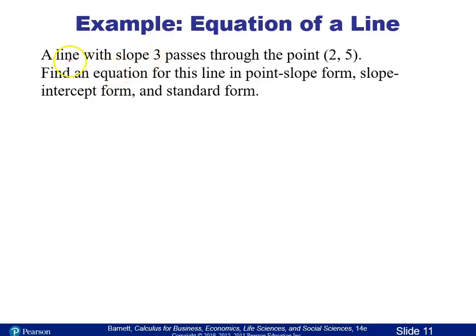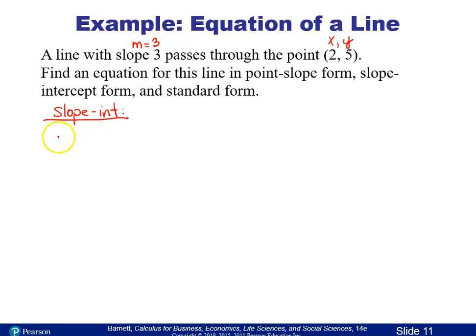Okay, so on this example, we've got a line with a slope of 3. Our slope is generally denoted with the letter m. So we've got m is 3 and it passes through the point 2,5. So that's our x and our y. And we want to find the equation of the line. This is asking for all the forms. As long as you can put it in one form, that's fine. So I'm going to look at both point-slope and slope-intercept just so you can see the difference. So for slope-intercept,